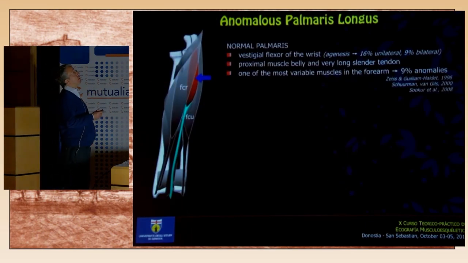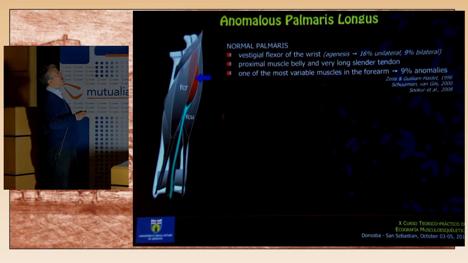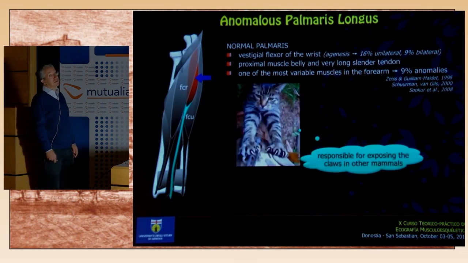One may affect the palmaris longus. The palmaris is a very small muscle characterized by a very, very long tendon descending the forearm, and then going to insert more distally on the retinaculum. Remember that today is the cat day,